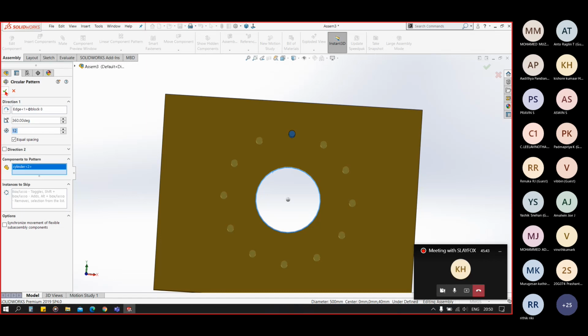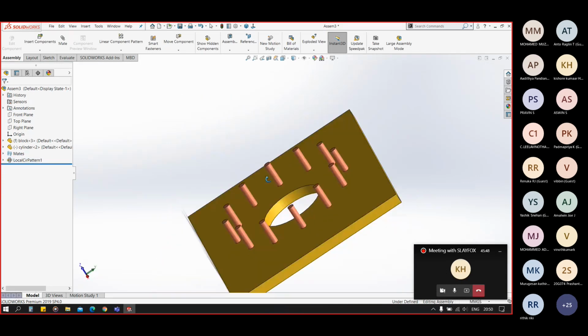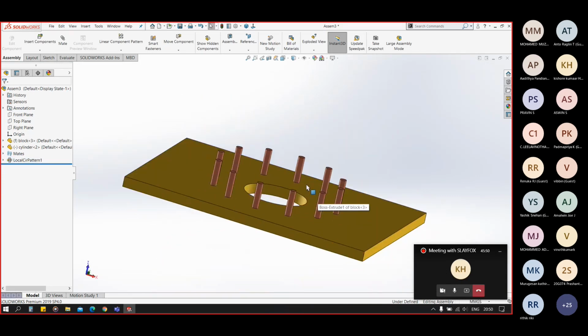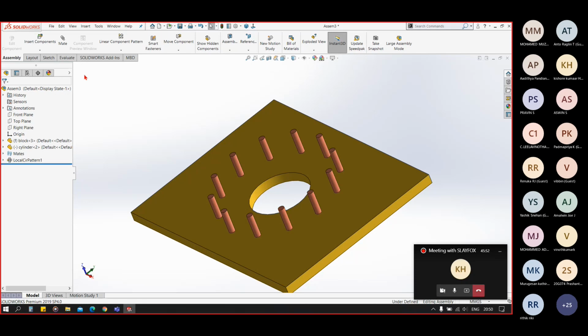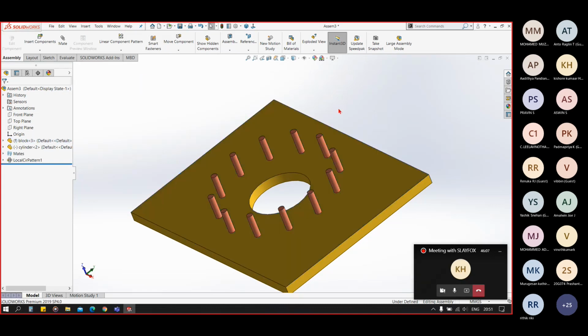It is the same as our part features. Now you guys try the linear pattern and the circular pattern. Till then, I will create an example to explain the pattern driven component pattern. You have 2-3 minutes to try these two features.